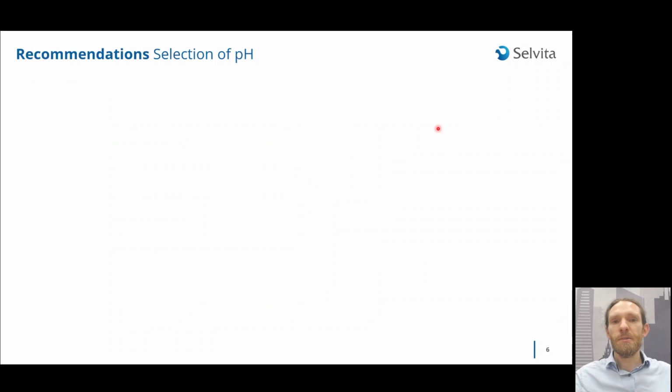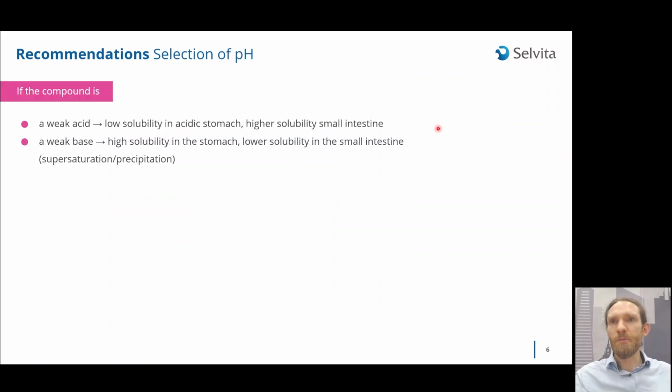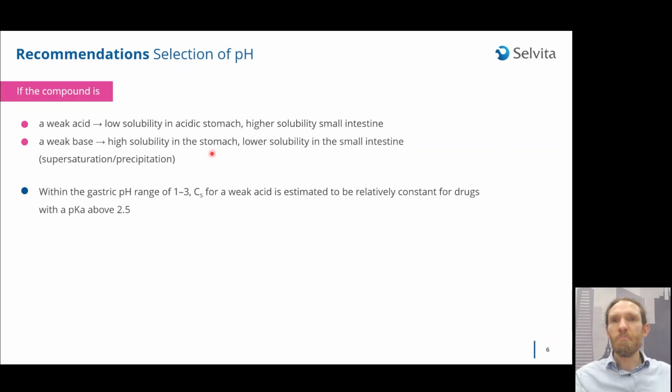Let's move to the discussion about pH. If our compound is weakly acidic, it will show low solubility in the acidic stomach and higher solubility in the small intestine. If our compound is weakly basic, it will show high solubility in the stomach and lower solubility in the small intestine. The variability can be much less for weakly acidic compounds,